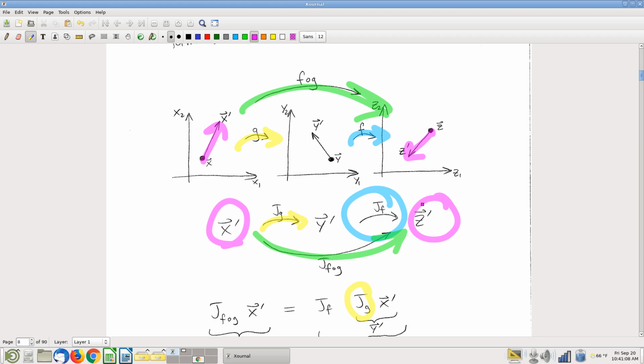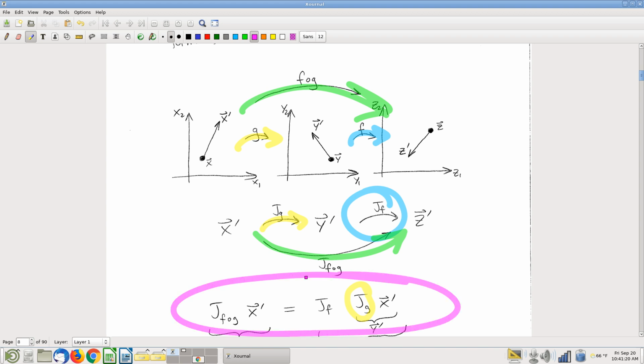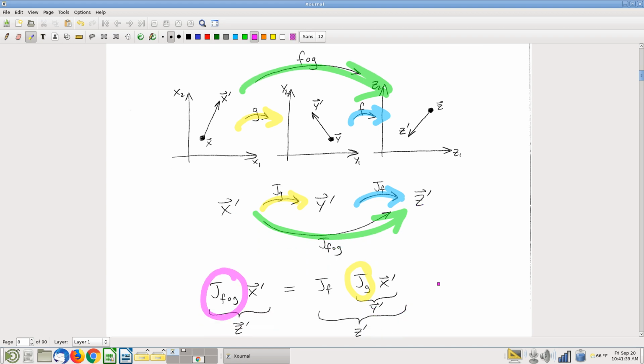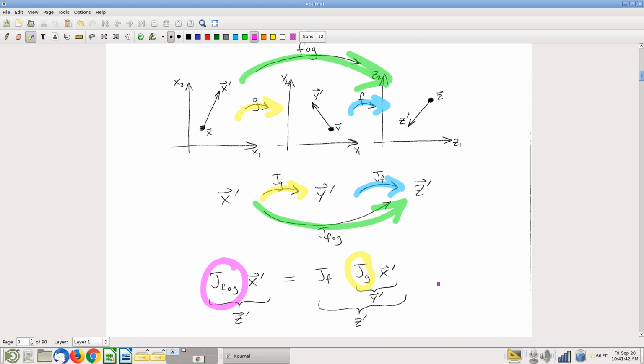I'm just taking this little diagram of how all these velocities are related in three different ways. And you write those down as algebraic equations, and what you get is this. Just being a little inconsistent with my notation here, the act of doing JG followed by JF is in fact equivalent to the act of doing the Jacobian of the composition. And so you can see right here how, taking this new point of view on Jacobians as relating input velocities and output velocities,